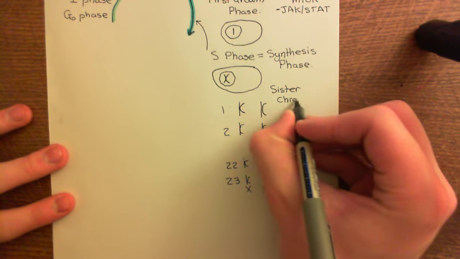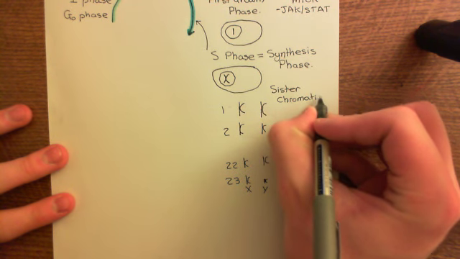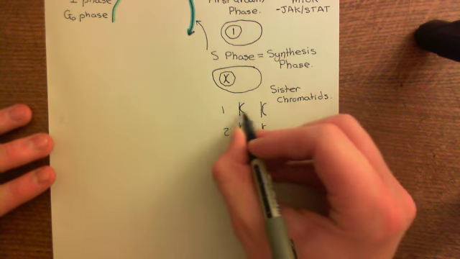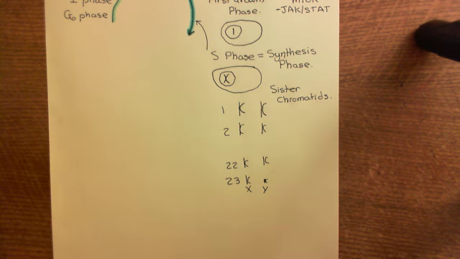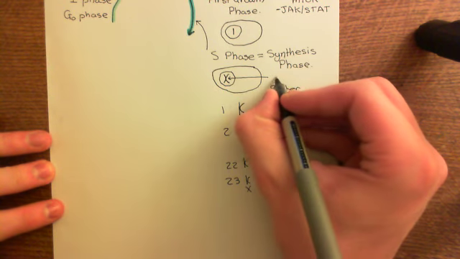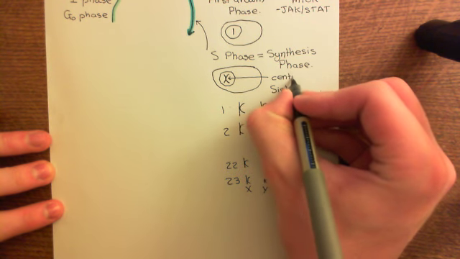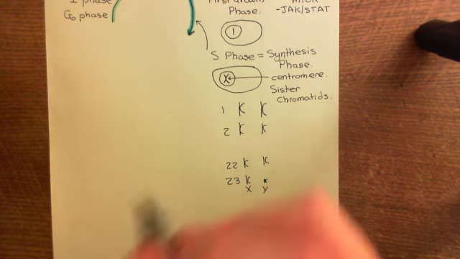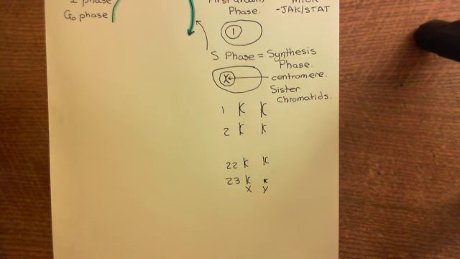I'll stress that one more time. They are not the two homologous chromosomes linked together. Absolutely not. They are the two sister chromatids linked together. And the center bit where they're linked together is known as the centromere. So after the synthesis phase, where we have copied all of the 46 chromosomes and now have 46